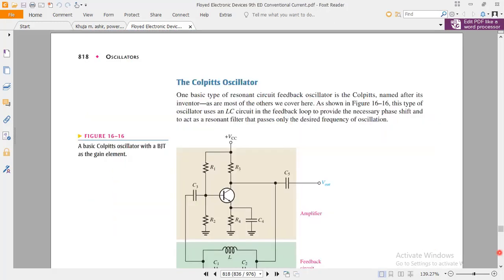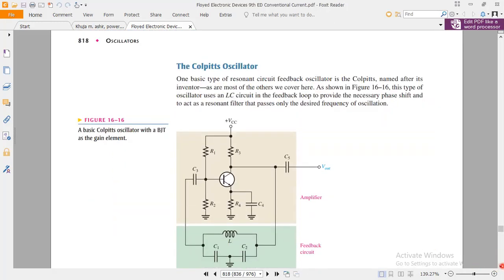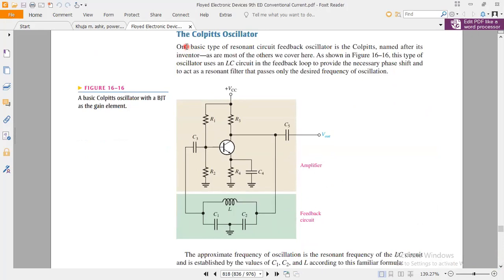Now moving towards the next aspect of oscillators, the oscillator called the Colpitts oscillator. One basic type of resonant circuit feedback oscillator is the Colpitts, named after its inventor. Colpitts is a person's name, dedicated to his work. As with the others we cover here, as shown in figure 16-16, this type of oscillator uses an LC circuit in the feedback loop to provide the necessary phase shift